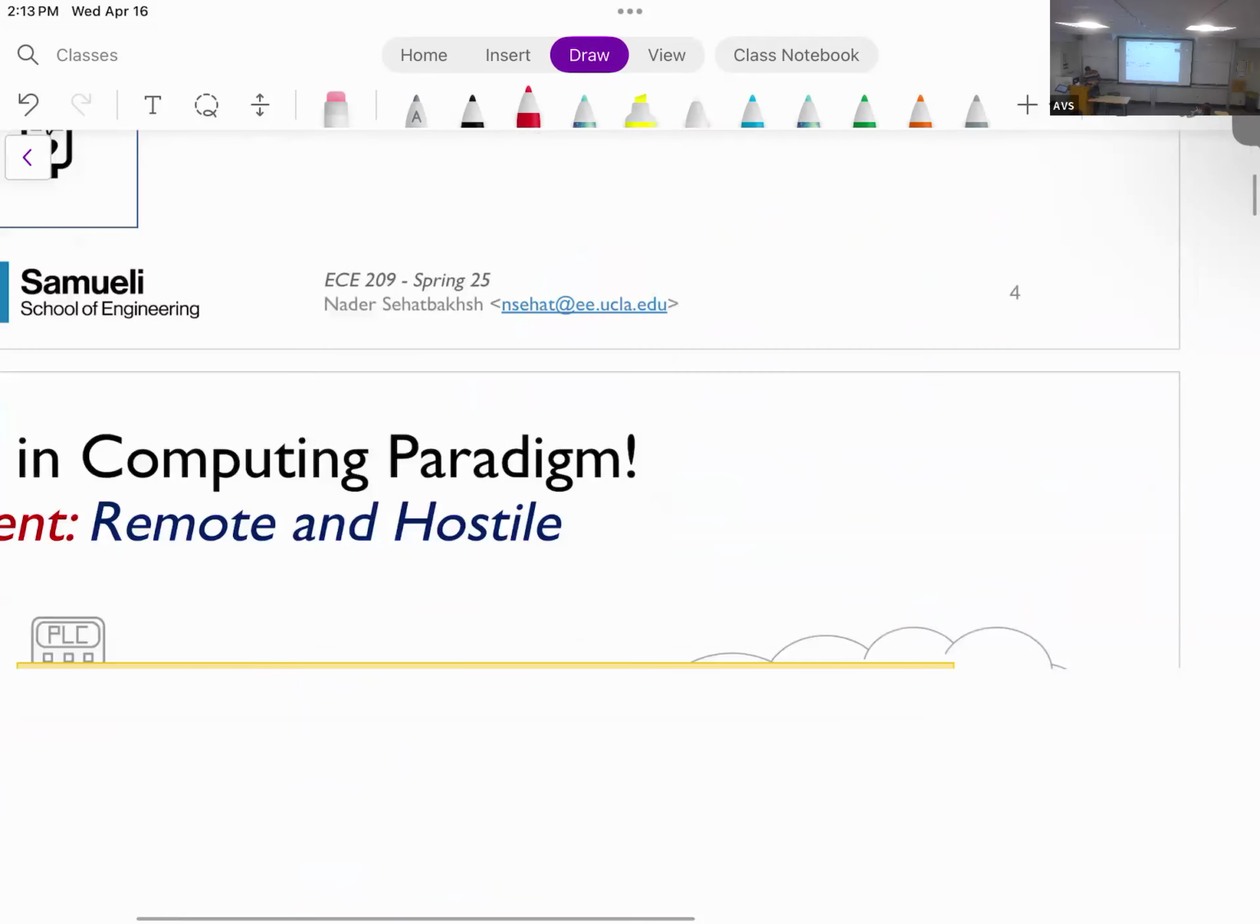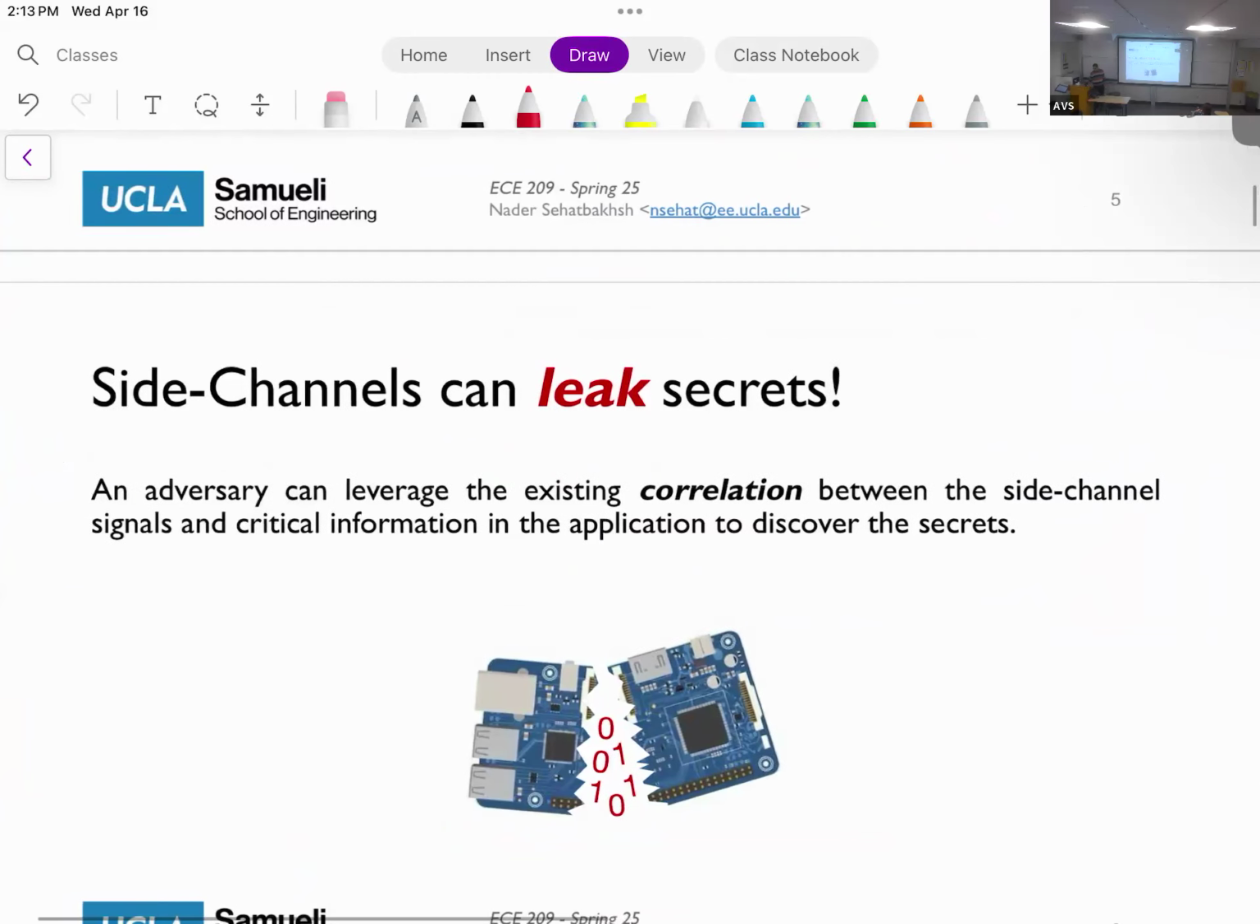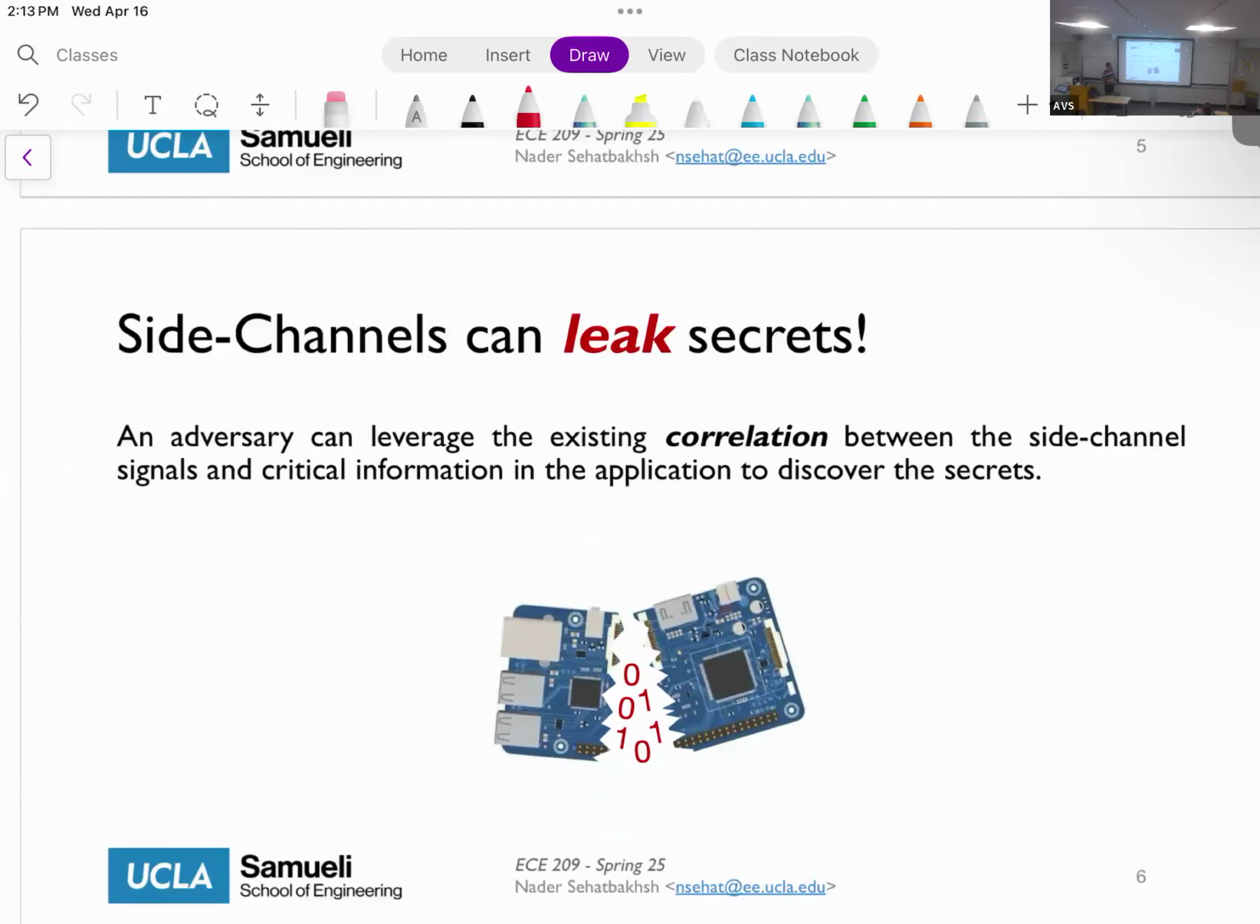All right. So what is the fundamental reason that side channels are important? Again, the lecture on Monday touched on this part. But generally, the reason that side channels are an important problem is that there is an unintentional or intentional correlation between the side channel signals, such as cache patterns, power consumption, or any other types of side channels,